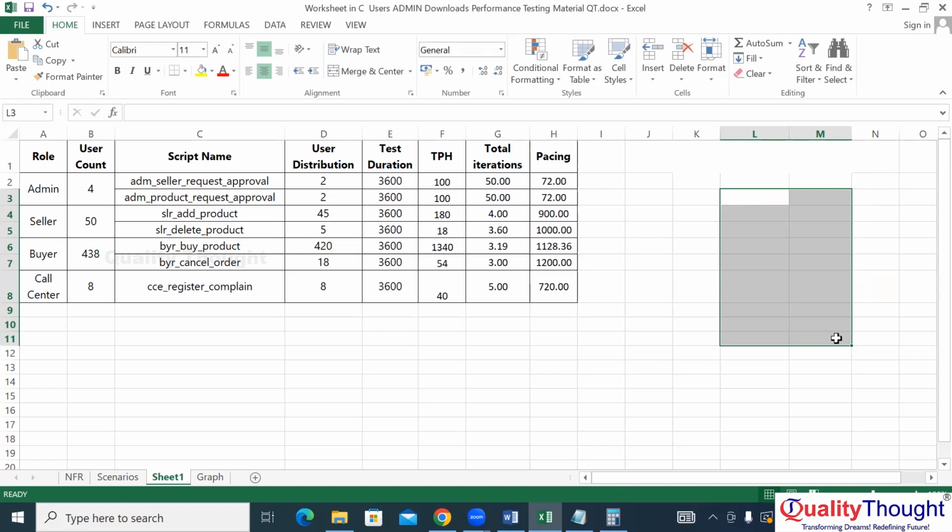transactions. What are we going to achieve with this? By giving pacing, what are we going to achieve? I explained to you about pacing yesterday. What is our target here? As per the real world,